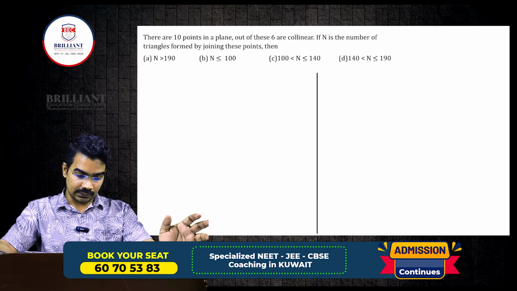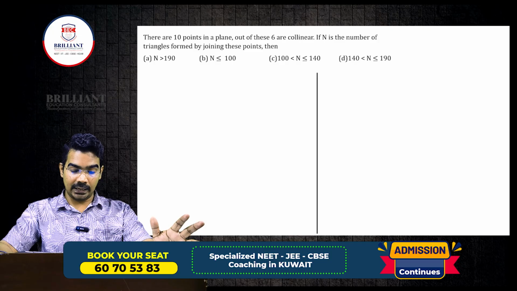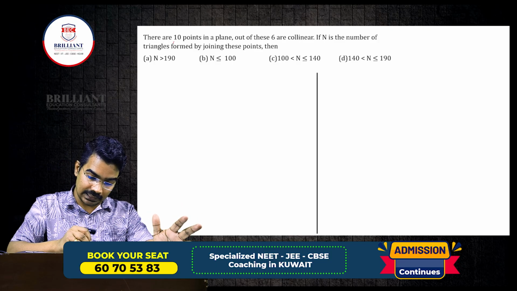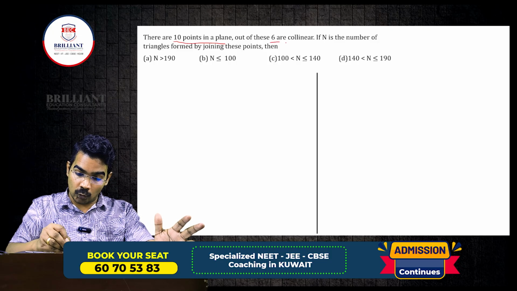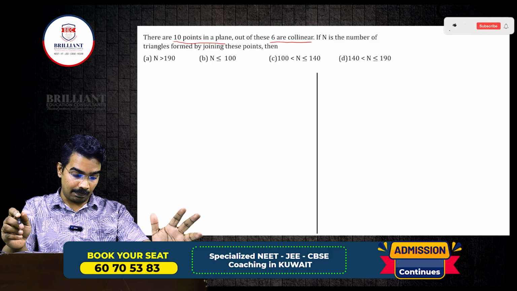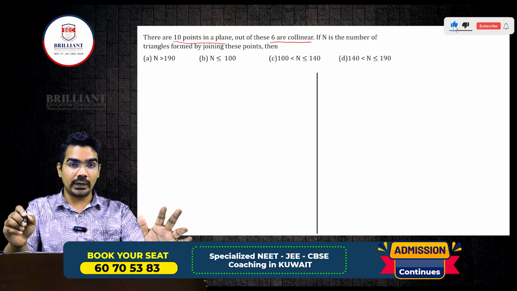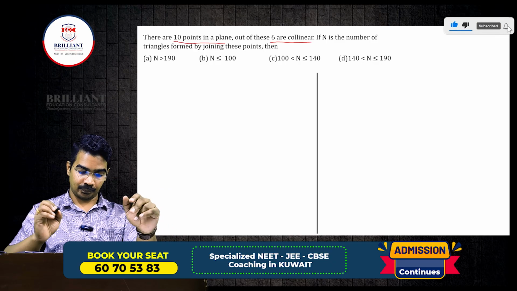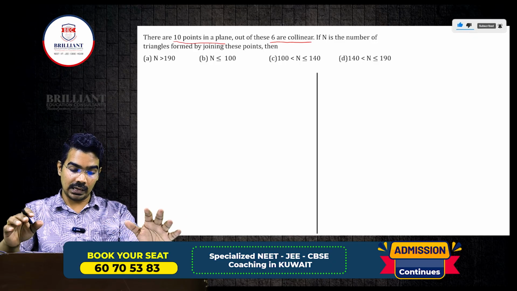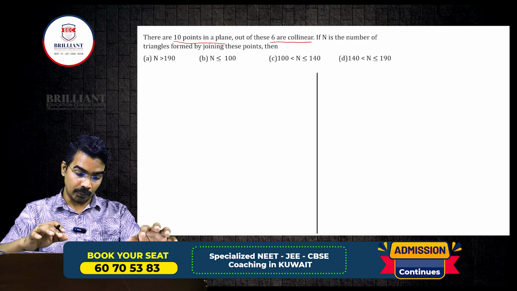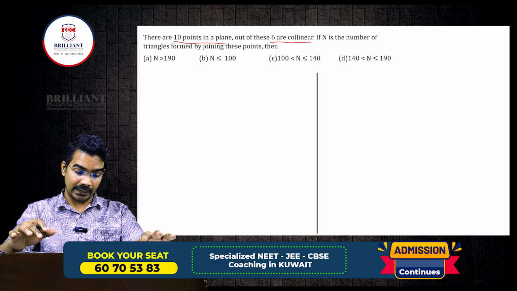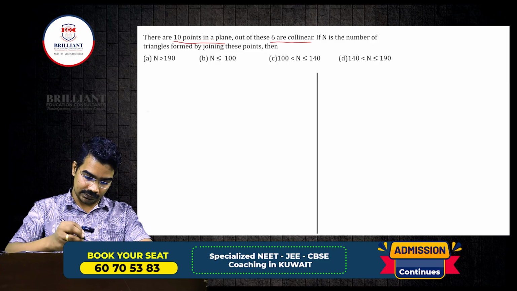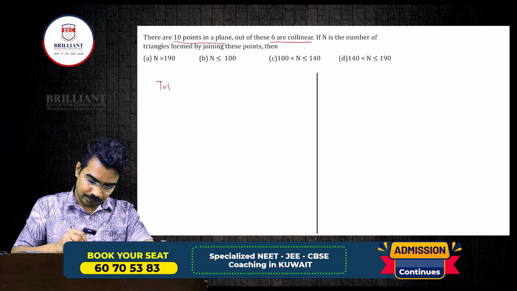So the next question is, there are 10 points in a plane. Out of these, 6 are collinear. So 10 points are there in a plane. 6 are collinear. If n is the number of triangles formed by joining these points, then, okay, so we have to find out the number of triangles which can be formed by joining these 10 points. So total number of